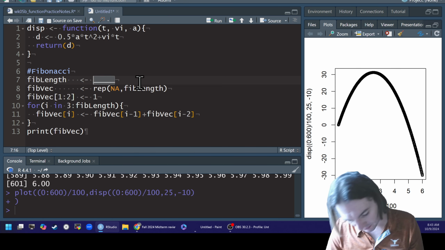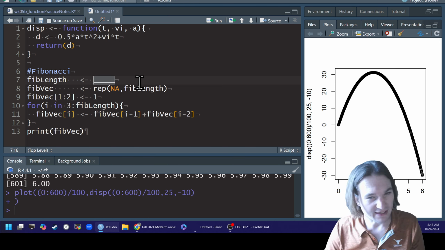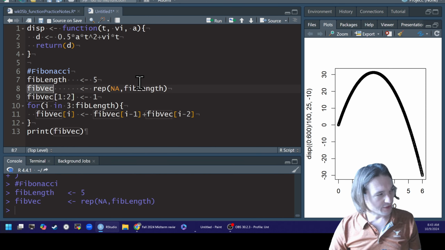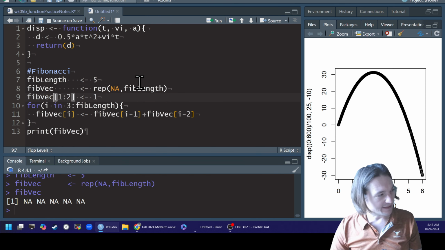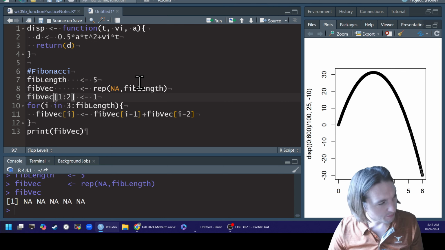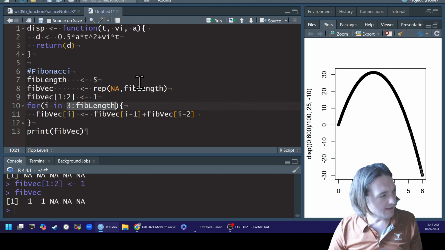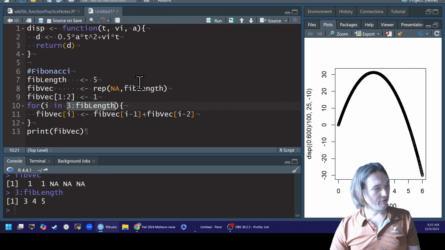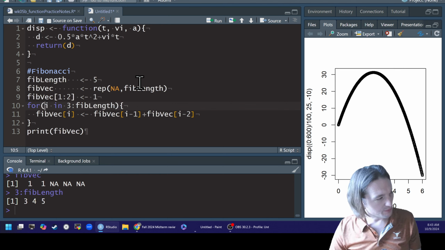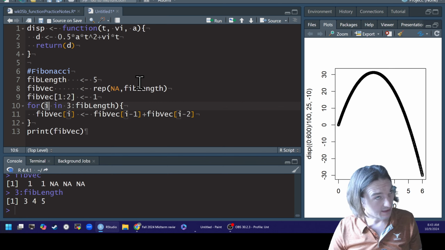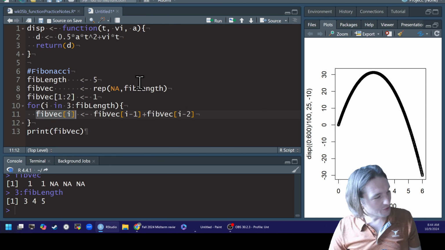Finally, we could just create some test code. I'm going to put in a value I know to be not the right value. Let's just do 5. This is then going to create a vector of 5 NAs. This is then going to replace those first two values with 1 and 1. This is then going to create a vector of 3, 4, and 5. And so I is going to become 3 the first time, 4 the second time, and 5 the third time. Finally, it is going to extract those values each time,